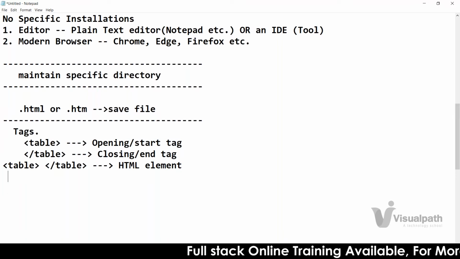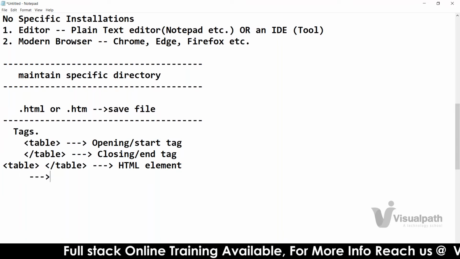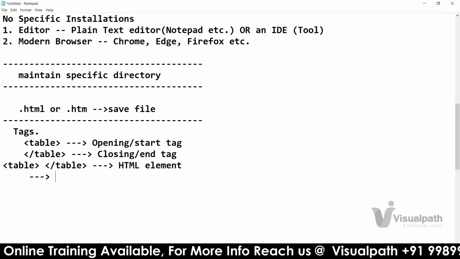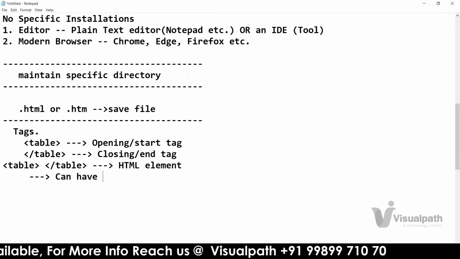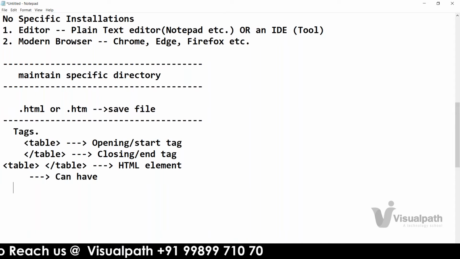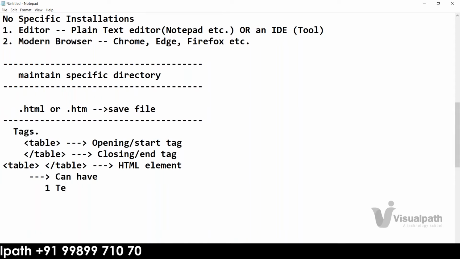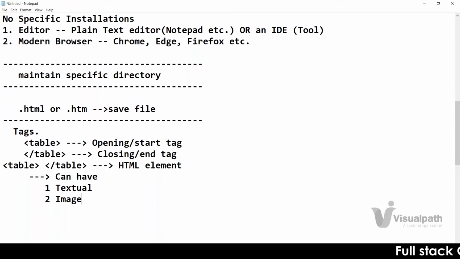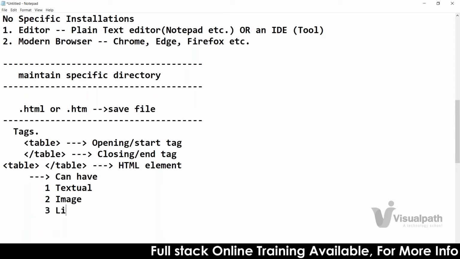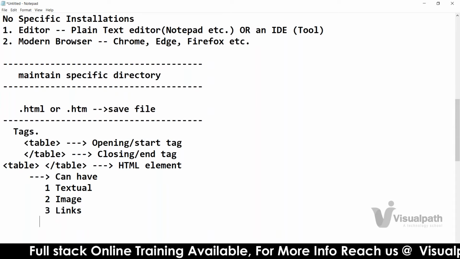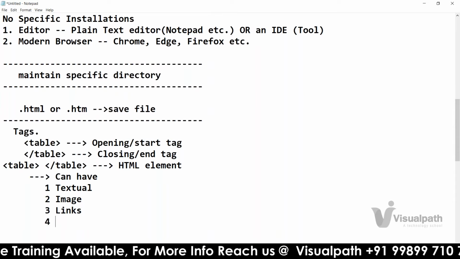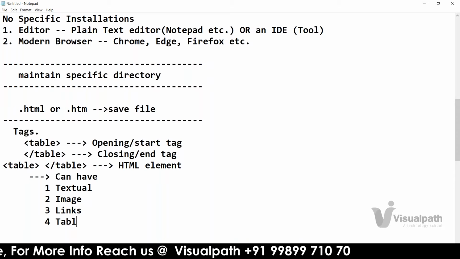This HTML element can have different kinds of data. For example, it can have textual data, or image related data. It can have links where people can click something, or it can have tables also.